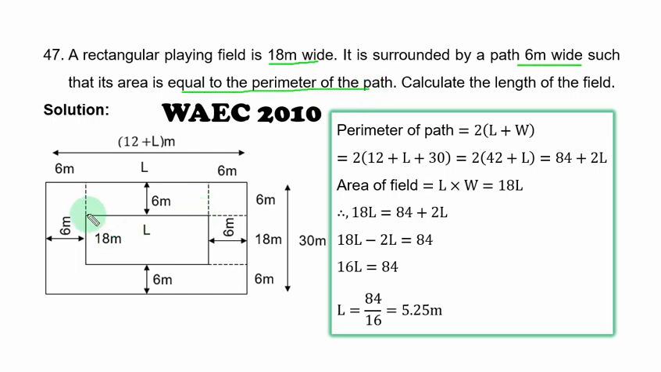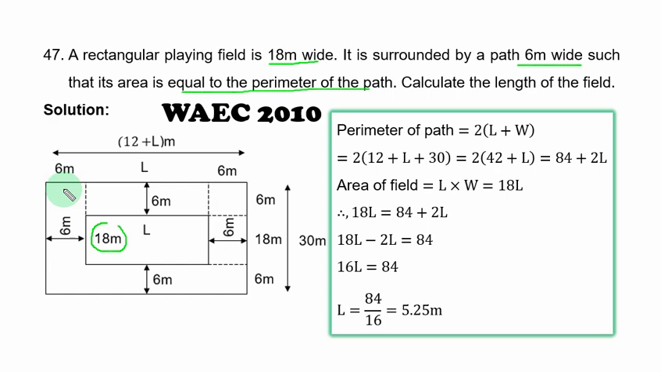The inner rectangle is the rectangular playing field. The width, how wide it is, is 18 meters. The length is L. Then you have the margin from here to here. The margin surrounds the rectangular playing field. So 6 meters, 6 meters, 6 meters, 6 meters. If you join all together, you have the outer